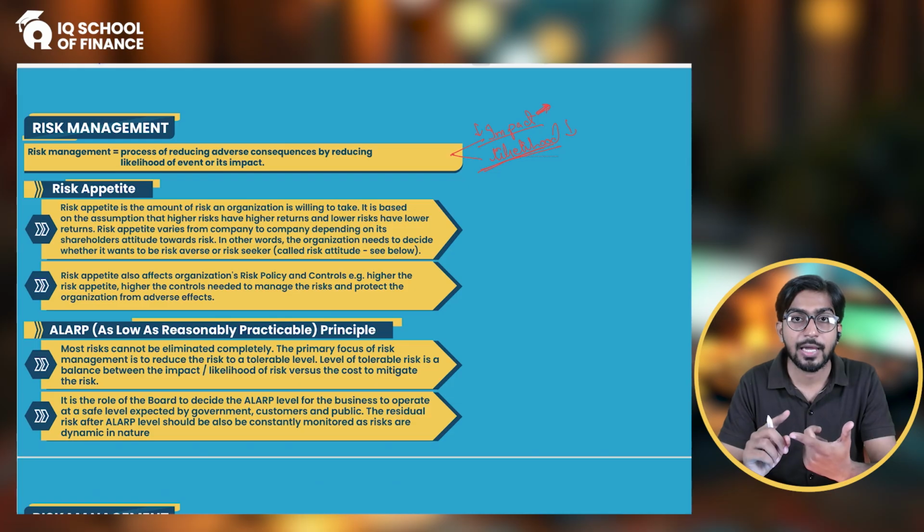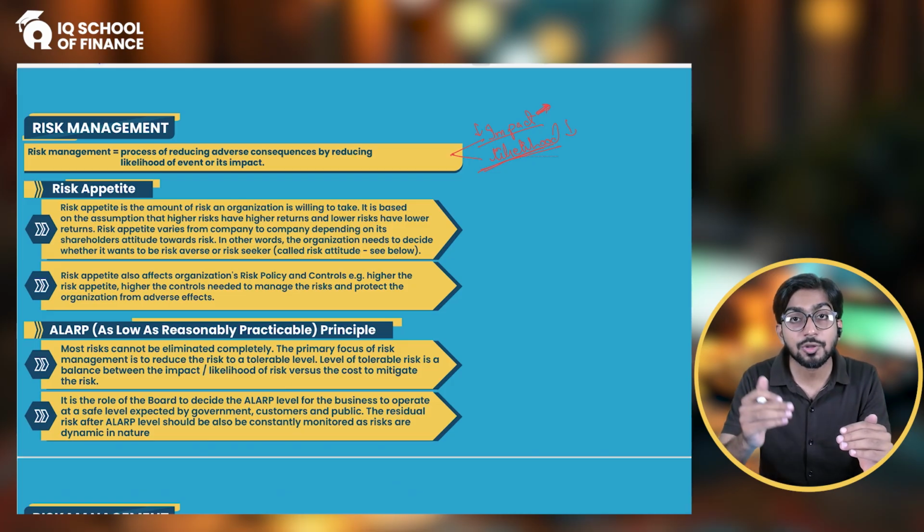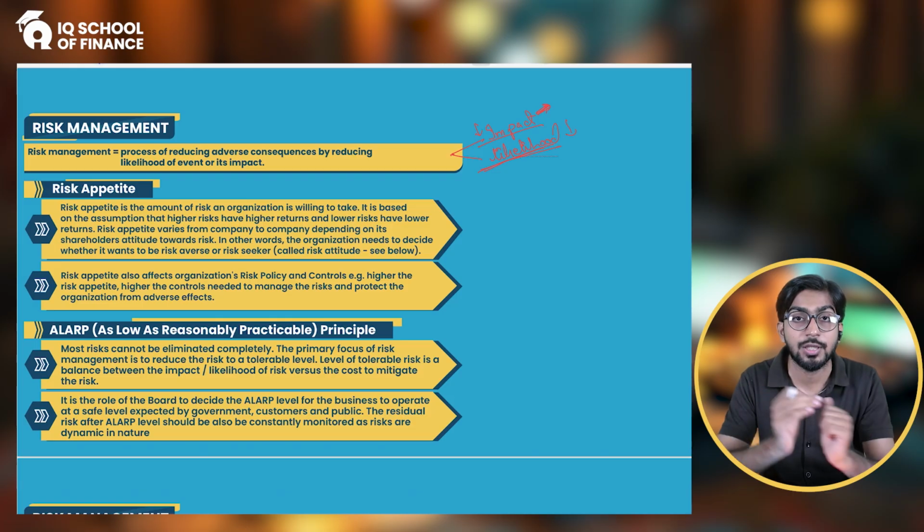Obviously, for an airbag or a seat belt, you have to drive slow, so you will take more time. You have to take care of the traffic regulation rules, you have to study them, you have to memorize them, right? So all these things have some cost, maybe monetary, maybe non-monetary. So a company will always consider how much cost they need to incur to reduce the likelihood or to reduce the impact.